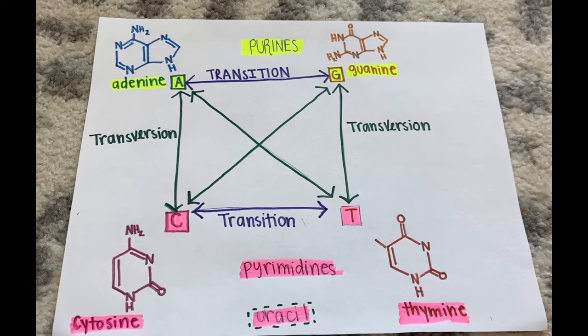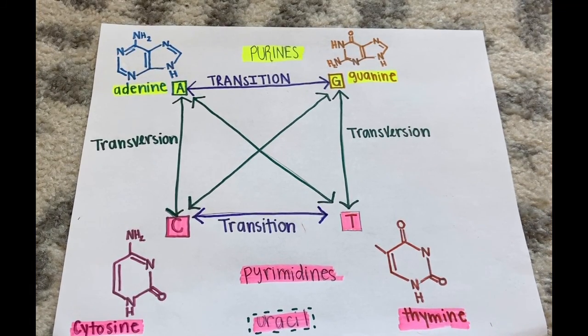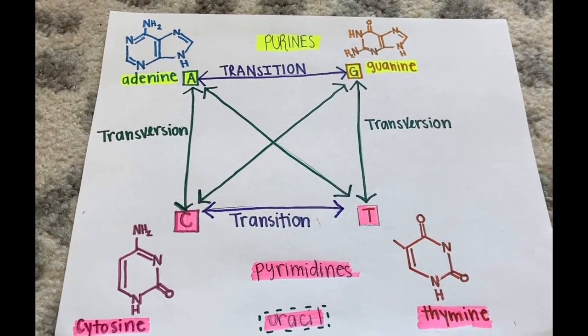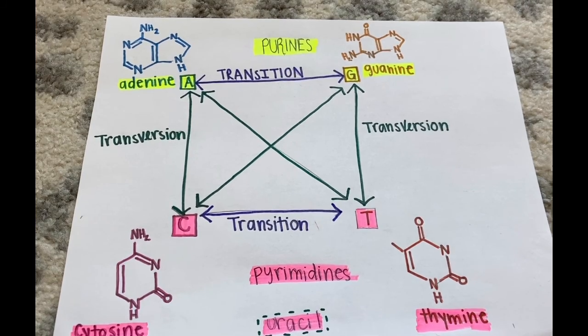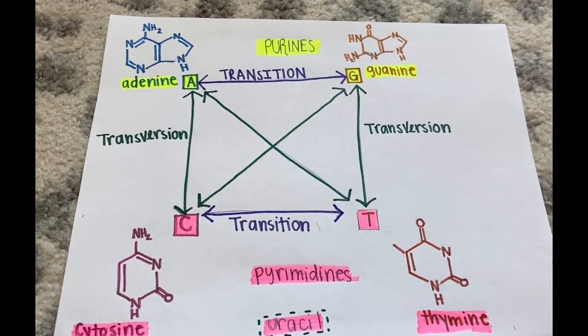If the bases involved in the substitution both have the same structure, the substitution is known as a transition. An example of this would be swapping an A with a G. A transversion occurs when a base is substituted by another base with a different structure, like if an A was substituted by a C. Now I'll quickly brief you on the 4 mutations that might help us alter the protein's